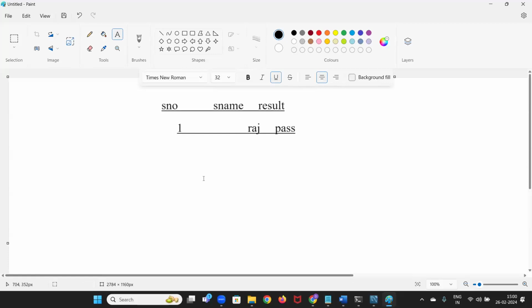Ha, very bad. Arre? Let's declare instead of space like this. One. Perfect. Raj: Pass. Vani: Fail. So